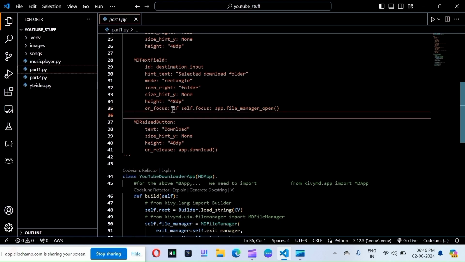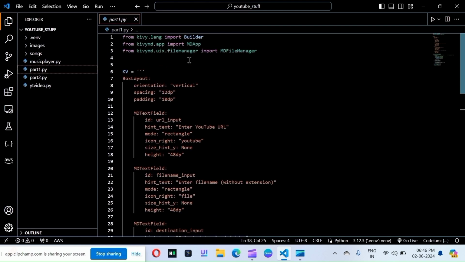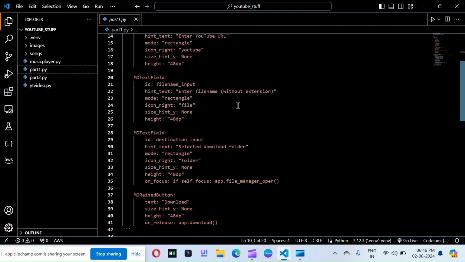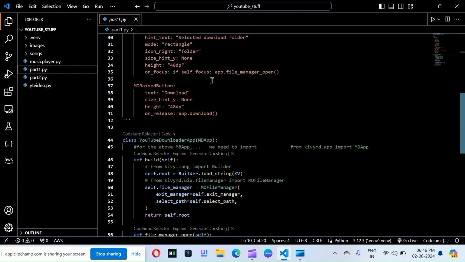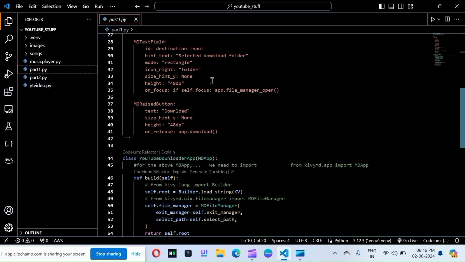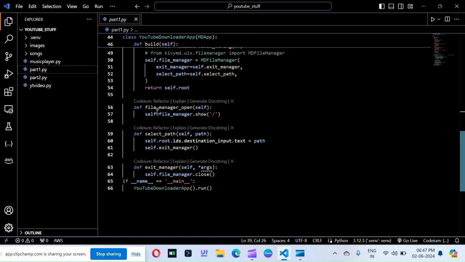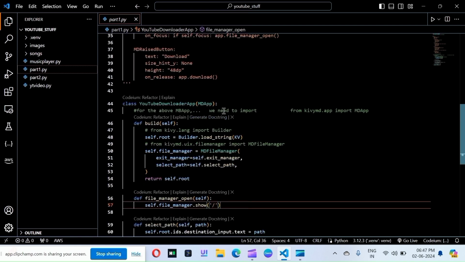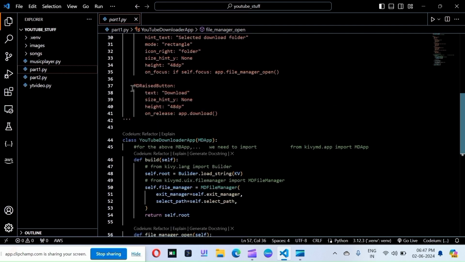On focus will tell you to open a file manager from the app, and this app is included in the Kivy library itself. There is a class called App, which is a Kivy part. From this app we are including the file manager open function, and you can see that file manager open function right here. We'll discuss it later. So that's it. And MD raised button,